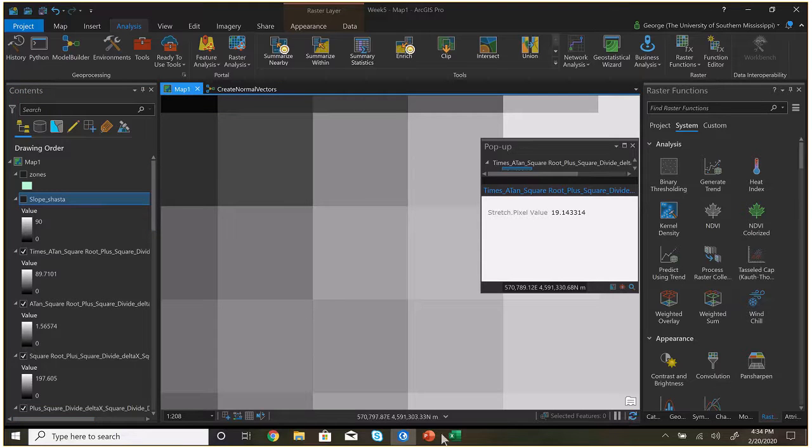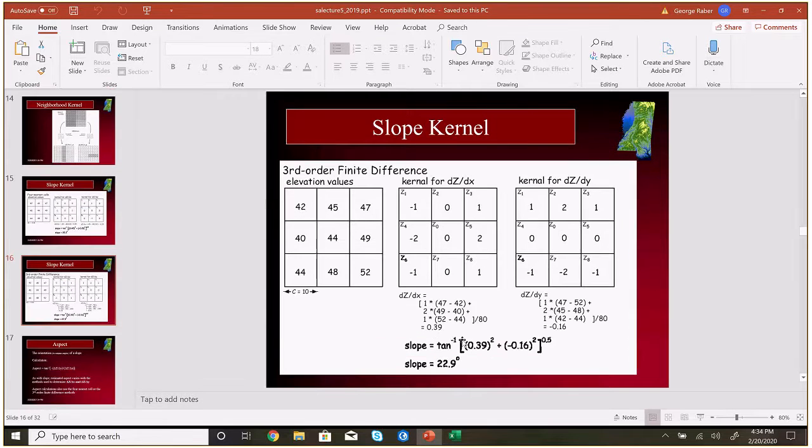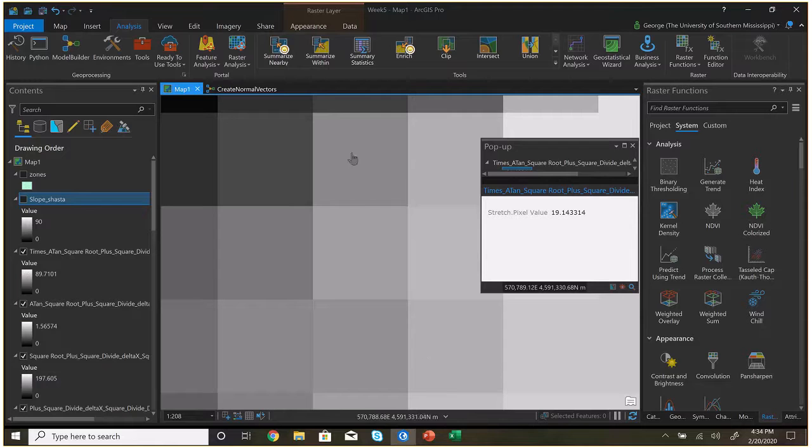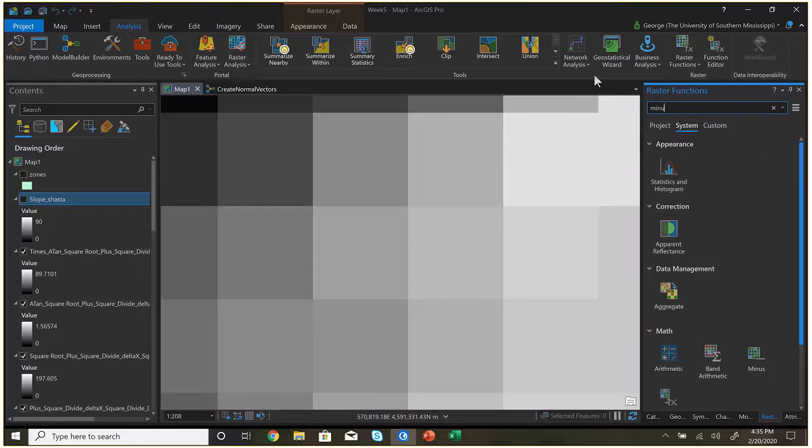And the reason it's different, I'm telling you, is the same reason why this one says 23.5. On the next one, it says 22.9. Which one's better? Who knows? Lots of researchers have studied the problem, and they decided this one was the better one to implement. But neither one of them is the true slope. And so in our case, we don't have any way, but they're very related. Anyway, to answer your question, to answer my question, sorry, the way I'd find out the difference between the two